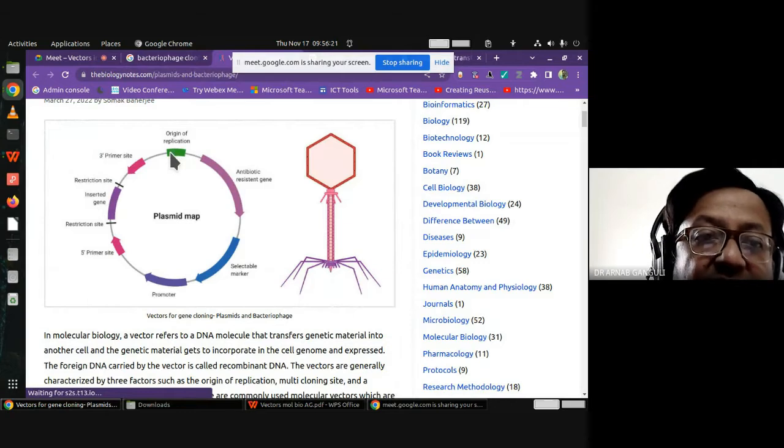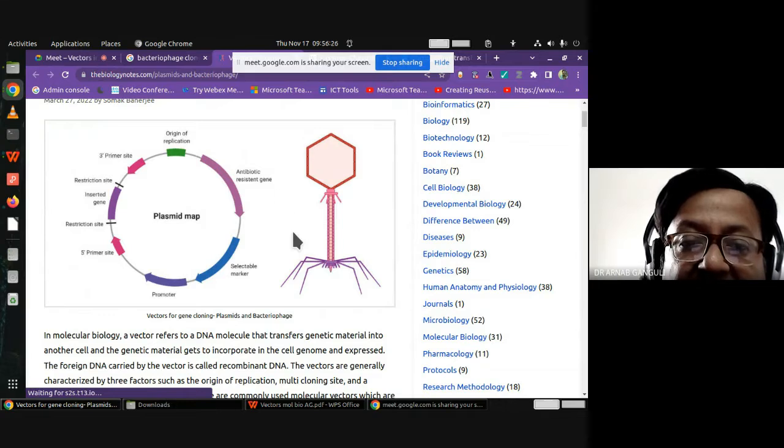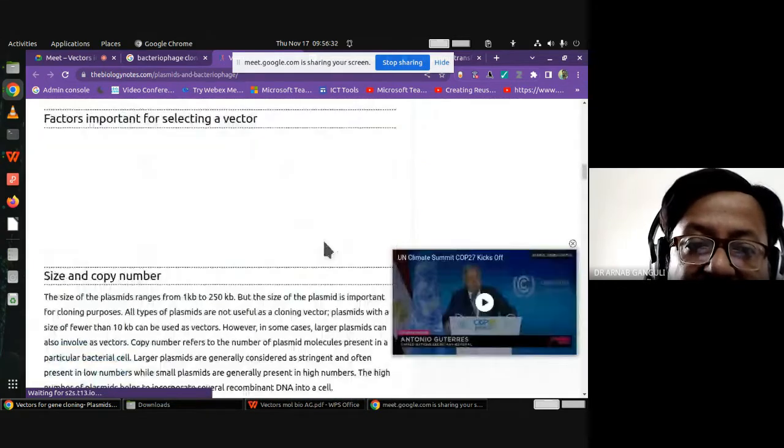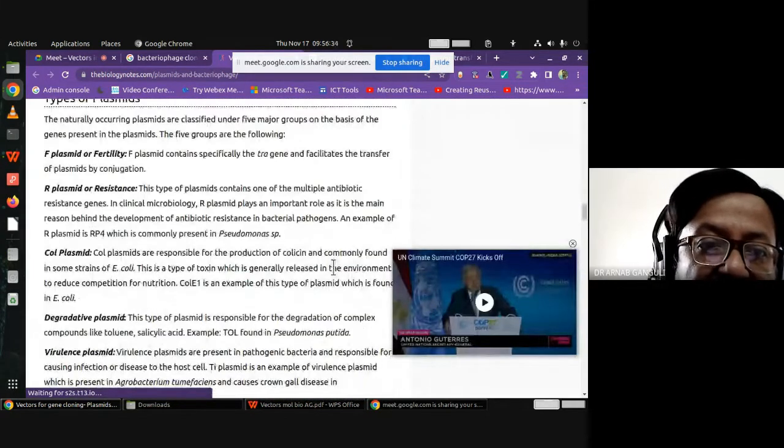So this, you have the origin of replication. You have seen a plasmid map. This is your bacteriophage. Inside this, they have this DNA, where I'm not finding any